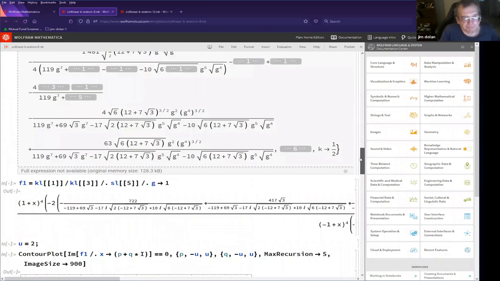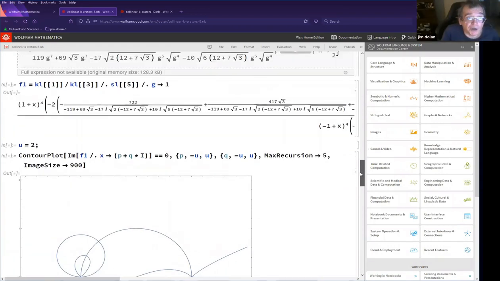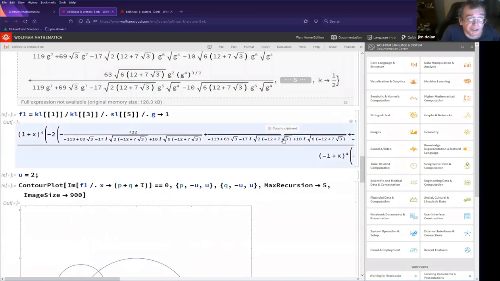I'm sort of very disorganized today, but we are going to stare at some of these ridiculous formulas, and they really are ridiculous. Part of the blame for why these formulas are so ridiculous is because Mathematica tries to do ridiculous things just to present the results in solved form. If it just didn't try to put them in solved form, you could still see that these are algebraic numbers.